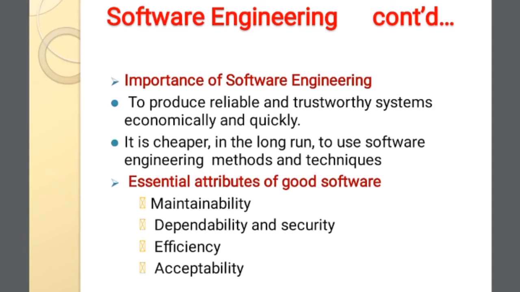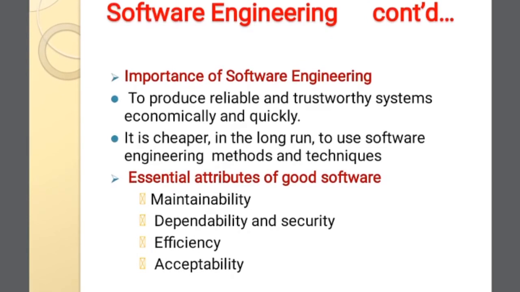By efficiency, it means that the software should not make wasteful use of system resources such as memory and processor cycles, which are very important. So efficiency includes responsiveness, processing time, and memory utilization. Acceptability finally tells you whether the software is acceptable. Now, when can it be acceptable? Only if it meets the demands of the customer, which means that it should be understandable, usable, and compatible with other systems that they use.